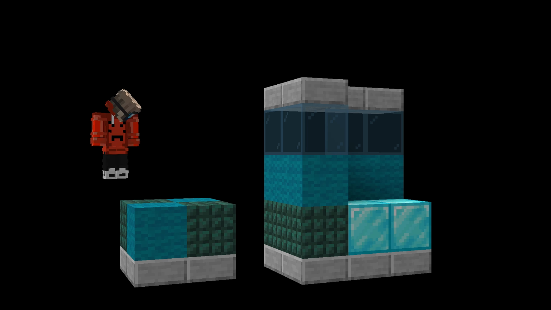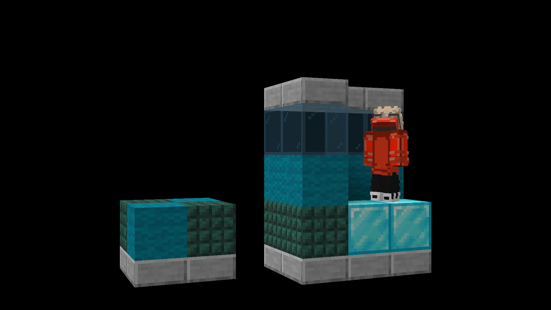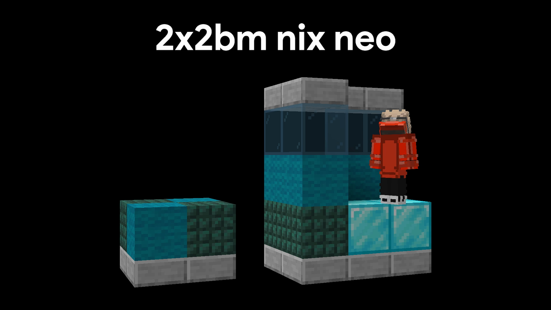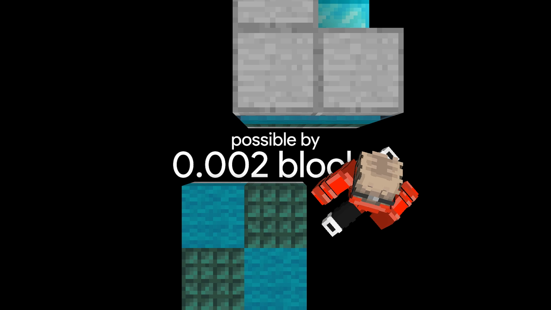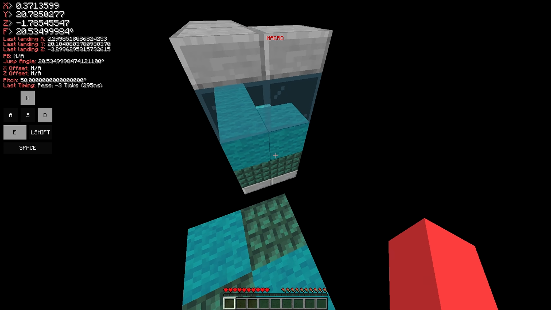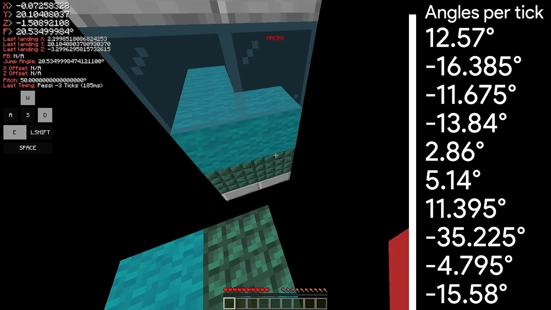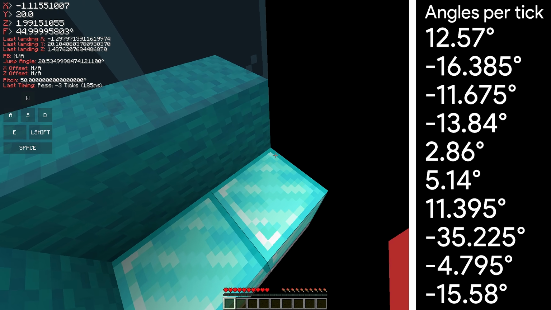On the 1st of June 2025, 1BMM pushed the limits even further and verified the new hardest jump in the game, the 2x2 Nyx Neo. Even though this jump is actually possible by a lot more than the cobble wall winged Neo, you cannot underestimate it. Not only is it still extremely precise, it requires incredibly uncomfortable turning, which is insanely difficult to perform, and